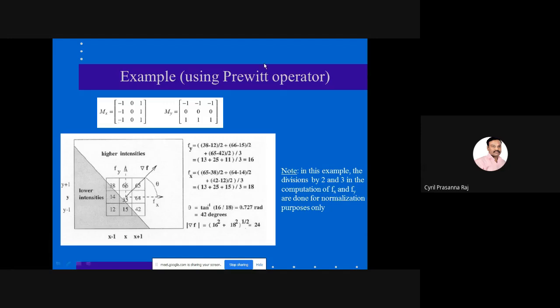Now, you take the original image and again perform the edge operation along the y-axis. In the sense, you use the MY mask. When you use the MY mask, you identify all the edges along the y direction. So by performing the mask operation along the x direction and the y direction, we generate two output images. The first output image will have all the directions along the x-axis. The second image will have all the directions along the y-axis. Combining both of them, you will be able to identify the number of edges available in a given image, and that is the final output.